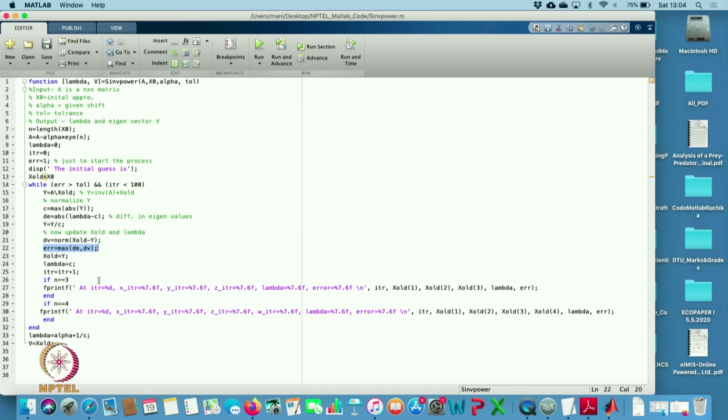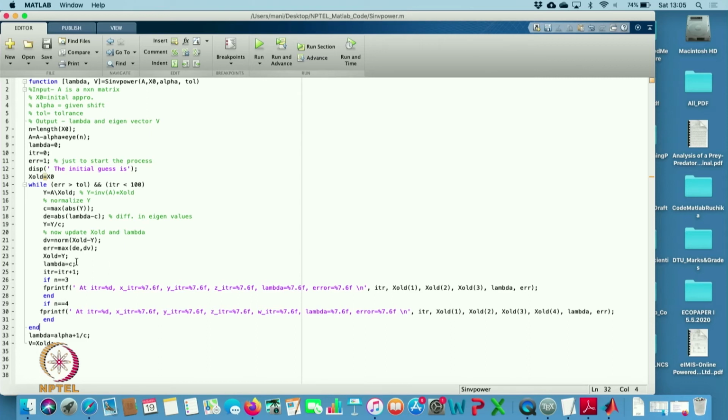So, after the while loop is over, then I will apply the lambda, and you know that the lambda was equal to alpha plus 1 by c. We have already seen from the previous lecture that my lambda is equal to 1 over c plus alpha, because c will go to the lambda here.